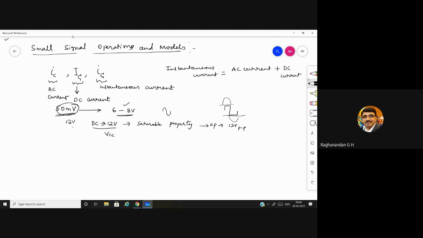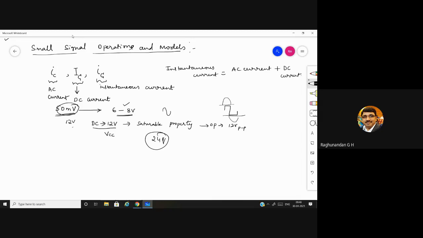So what is the maximum output you can get? Because in our experiment, plus VCC was 12 and minus VE was 0. So the swing is from 0 to 12. But suppose VE was minus 12, as we have done in some problems, then your output swing will be 24 volt. You can swing from plus 12 to minus 12. So then it is allowed till 24 volt. But we have given 12 volt and the other end 0.